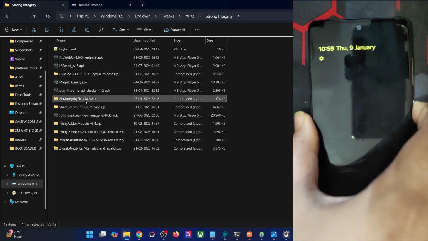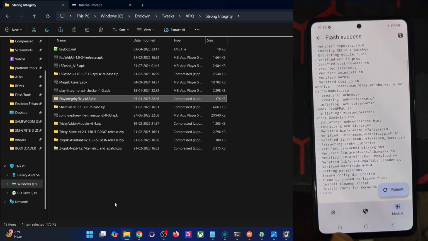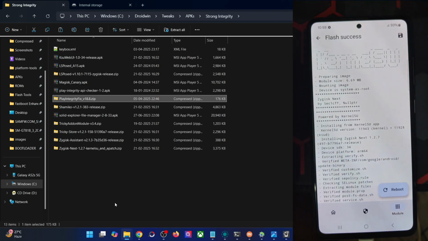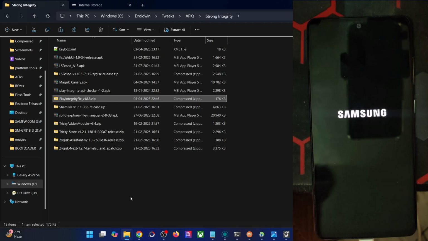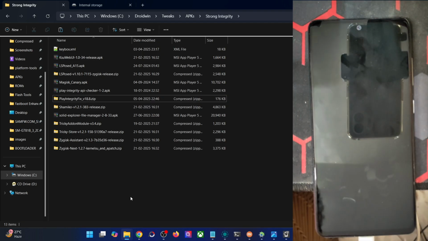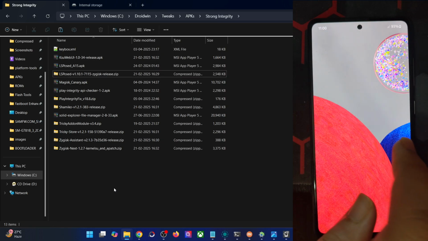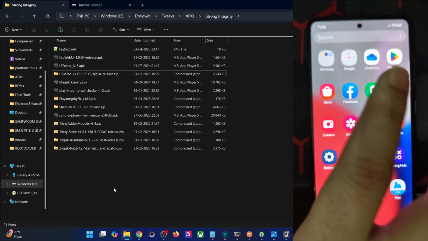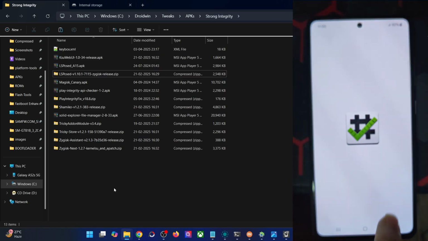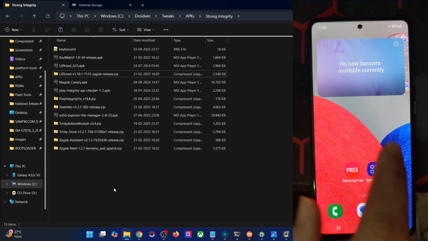Now that we have Zygisk installed, you will just have to do a reboot, and after the reboot you can then install the PlayIntegrityFix module onto your phone. So just tap on reboot, and after the reboot, we have now enabled Zygisk via KernelSU, so you will now flash these modules as well.